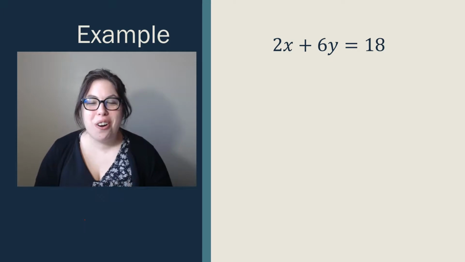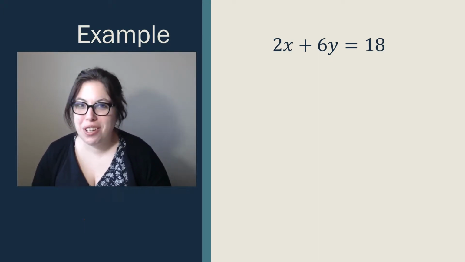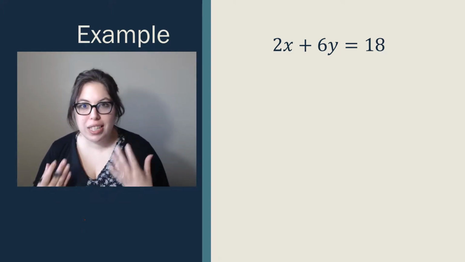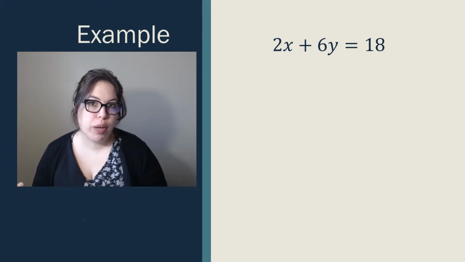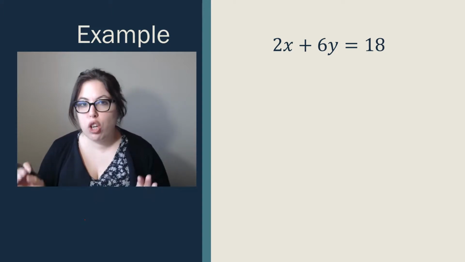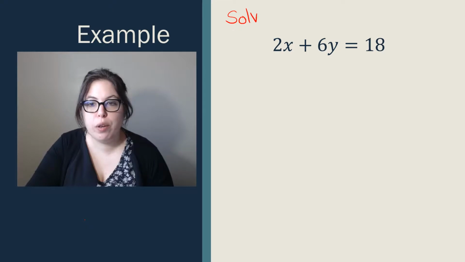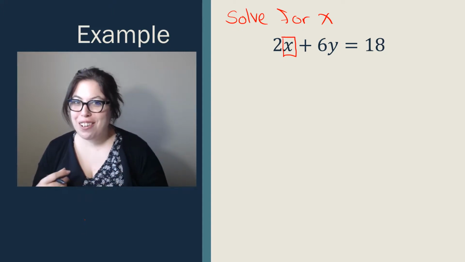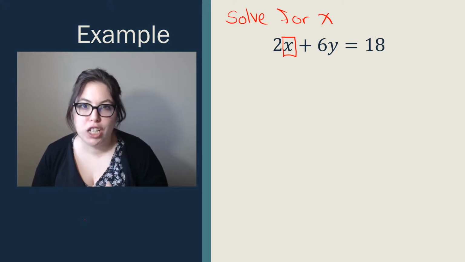Now we're going to get a little bit harder. Now we have two variables in the equation. Obviously, if I have two unknowns, I can't actually solve for this, but I can use the patterns and the skills that I know from solving for x and apply it to rearranging this equation. Okay, so I'm just going to rearrange it for one of the variables, and the variable that I'm going to rearrange for is x. So I'm trying to isolate x again. Same pattern that we did when we were actually solving for x, we're going to use to rearrange for x,